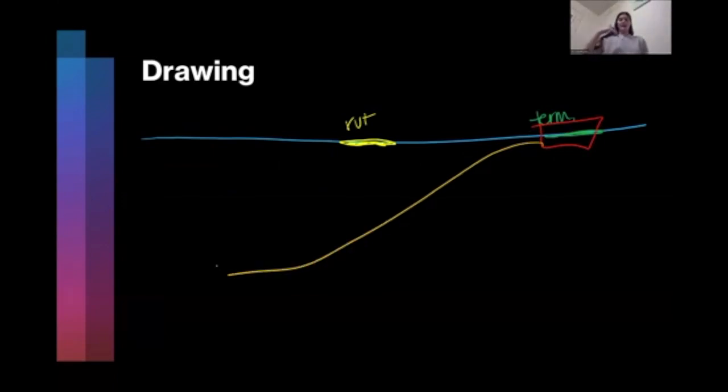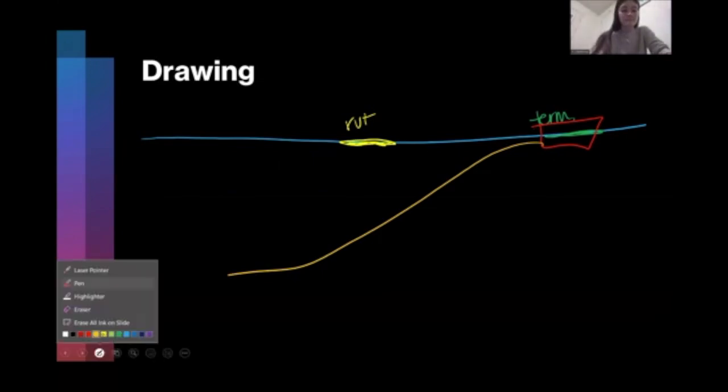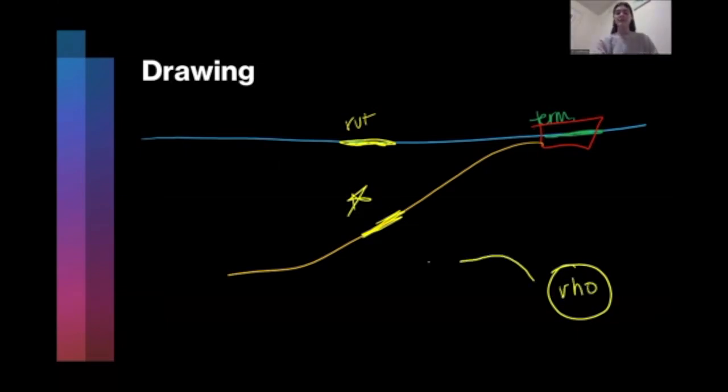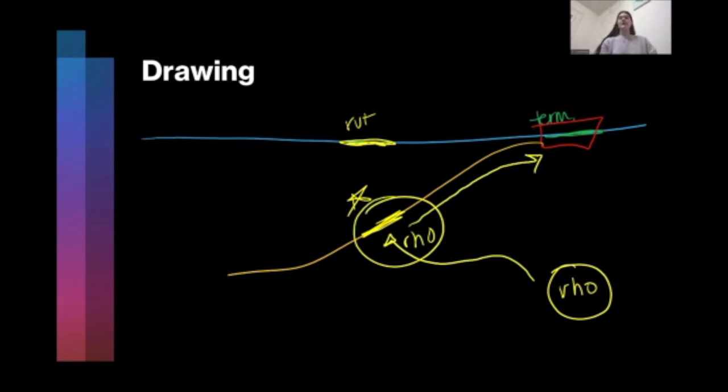And on that mRNA, you're going to have that RUT sequence. So our rho protein is going to be floating around. It's going to see that RUT sequence, and it's going to bind. And then it's going to travel up your mRNA all the way up to our RNA polymerase,